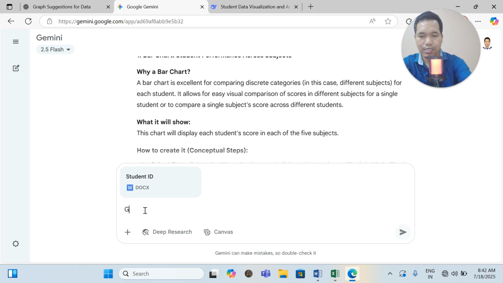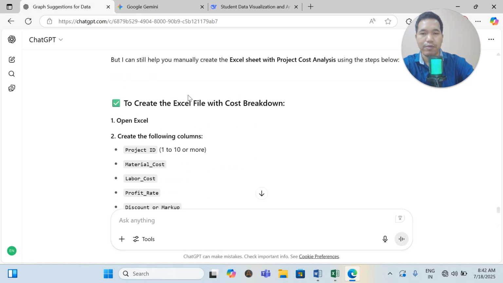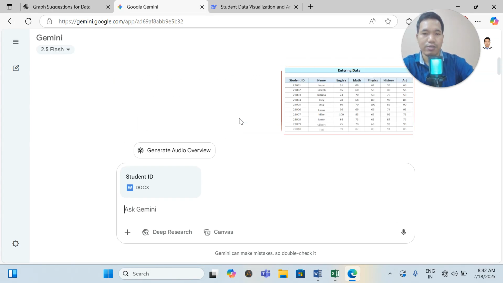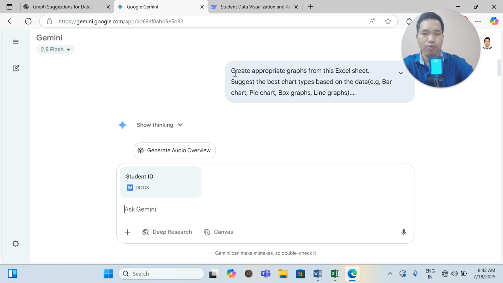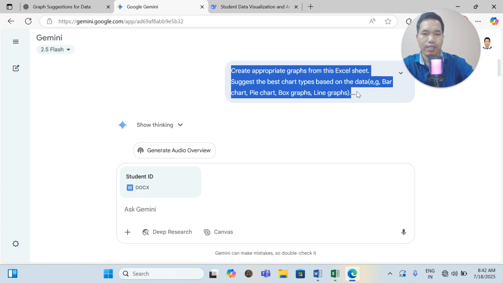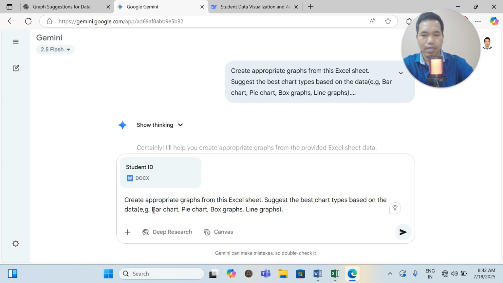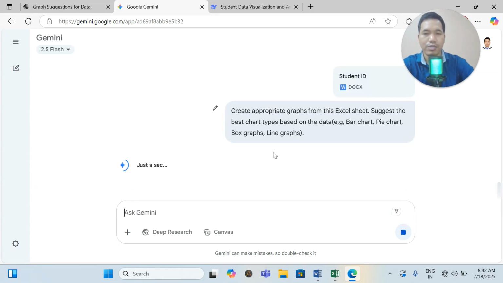Now I'll ask it to give the graphs, or, without wasting much time, better to type the prompt which I have given. Copy it and paste it out here and check it once. Is it going to create a data set? Okay, fine. Let us take it with this. Another problem is there, but still I'm trying with this.